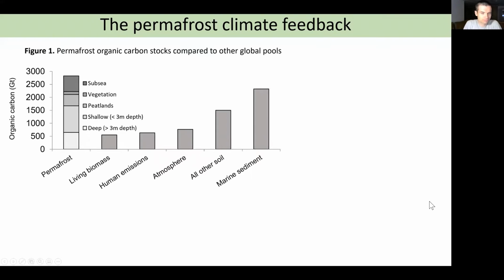But why should we care about dissolved organic matter in permafrost ecosystems? Well, as you're probably aware, this area contains a huge amount of organic carbon. This is just a compilation we put together of some of the different pools of carbon. Altogether, they store around 2.7 trillion tons, trillion with a T, of organic carbon. A globally significant pool, larger than all these other things, even recent estimates of the amount of organic carbon in marine